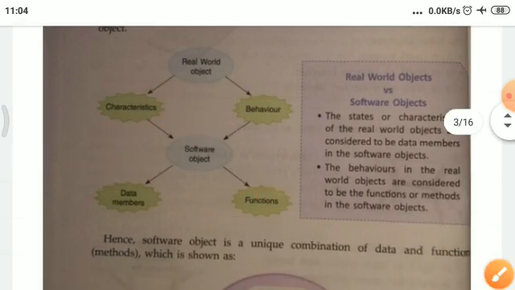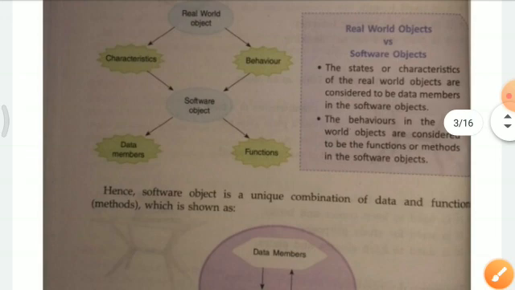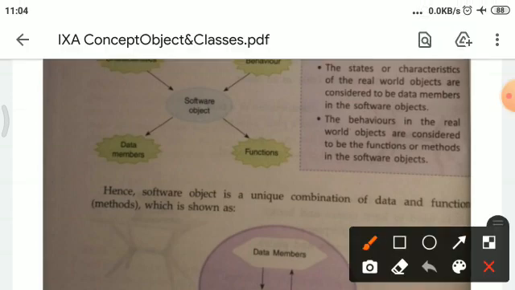Here you can see real world object versus software object. The states and characteristics of real world objects are considered to be data members in software objects, and the behavior in real world objects is considered to be the functions or methods in the software object, as you have seen in the diagram also.